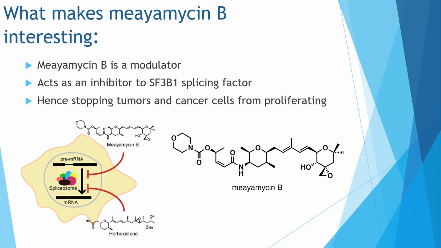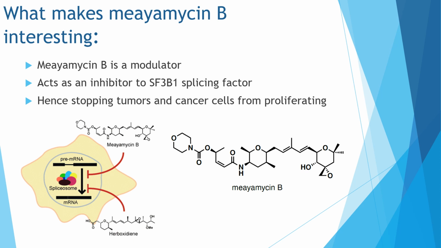SF3B1 contributes to the development of leukemia and cancer cells. It's also known as the cancer gene because it is frequently mutated in many cancers, which controls how specific segments of RNA are joined together, also known as RNA splicing, to make a full messenger RNA, which is used to make proteins. So the defect of SF3B1 gene is unknown, and what makes Meayamycin B significant is it's able